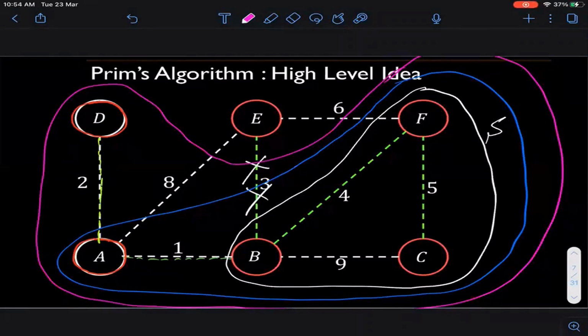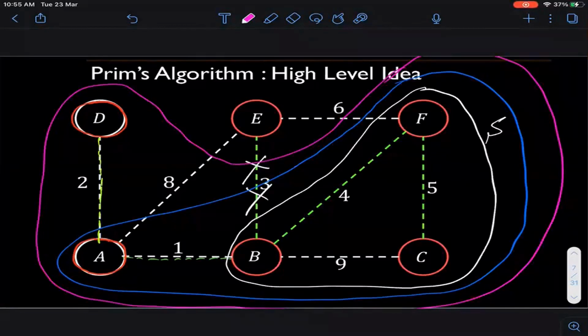It's morally correct because in hindsight it's correct, but that is something you should prove. You should prove that if your graph is connected, then it will actually include all the vertices in your set S. But before running the algorithm, we don't know that. So morally you should not do this. Here I'm showing a connected graph, but in real life you might not have a connected graph. So in that case, you should look for a more general procedure.